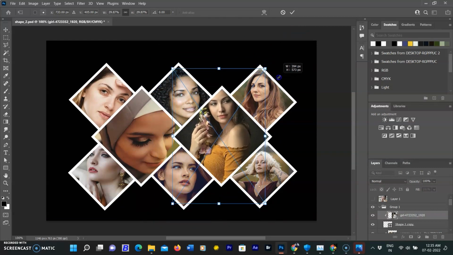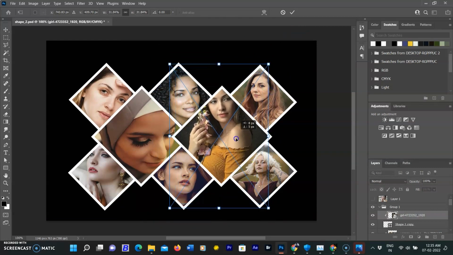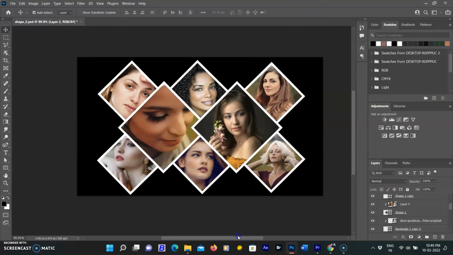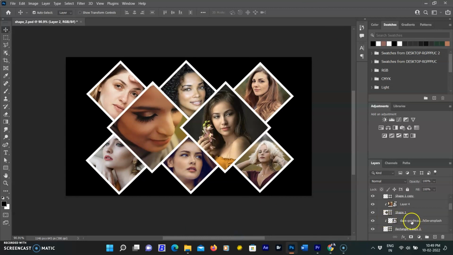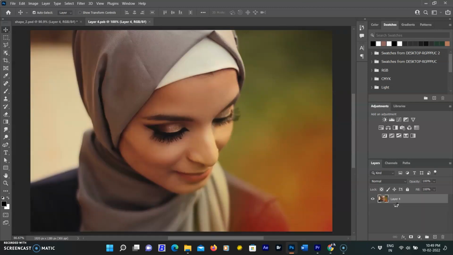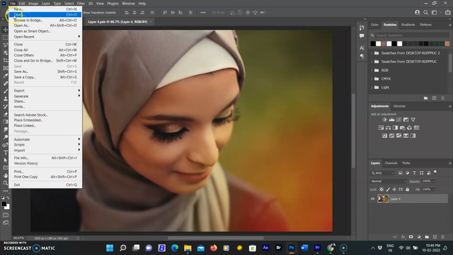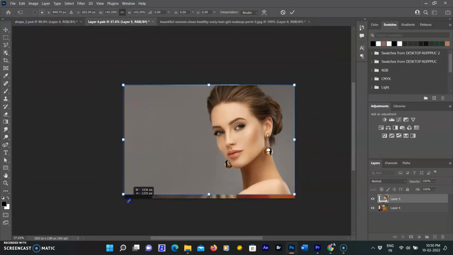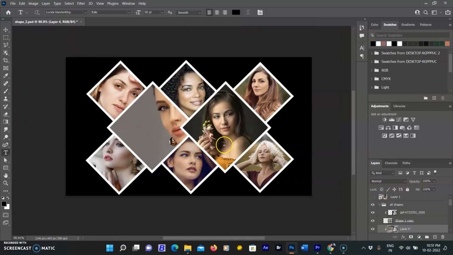All the images are added as smart object layers. By doing so, you can change any of the images just by clicking on the smart object icon. As you click on the smart object icon, a new document will be opened in PSB format, and you need to add a new image here and save it by using Ctrl+S in Windows or Command+S in Mac. By saving this document, your collage will be updated automatically.